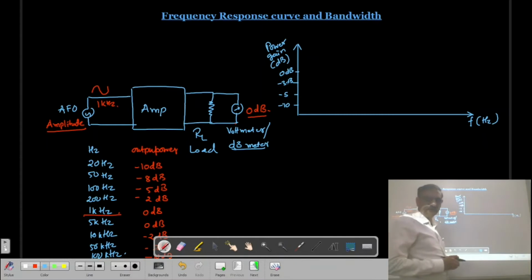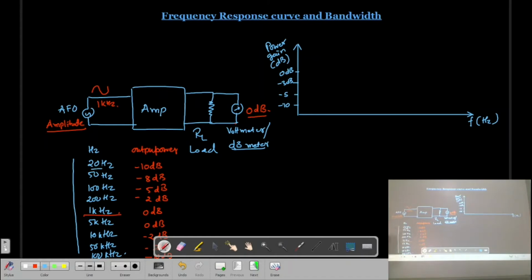Now here, remember that if we use a linear scale, then you cannot cover this range of the frequency, because my minimum frequency is 20 Hz and maximum is 100 kHz. If we use the linear scale, you cannot cover a lower value to the higher value. Either you can plot for the lower value or for the higher value. But if I want to cover the complete frequency range, I have to use a kind of graph paper which is known as semi-log graph paper.